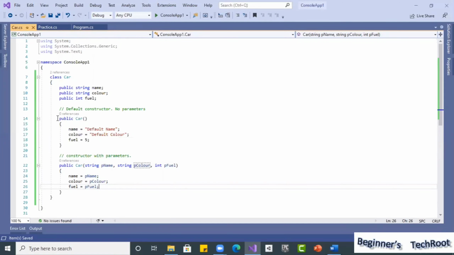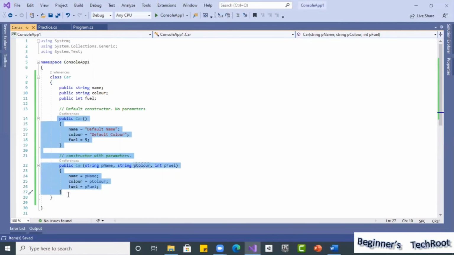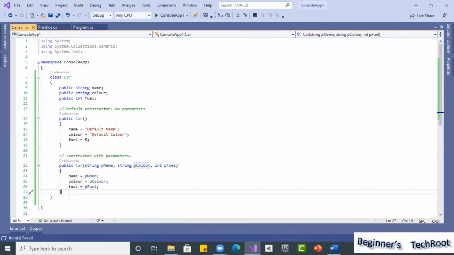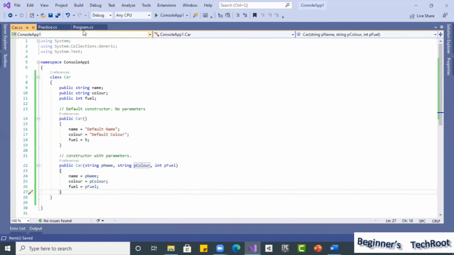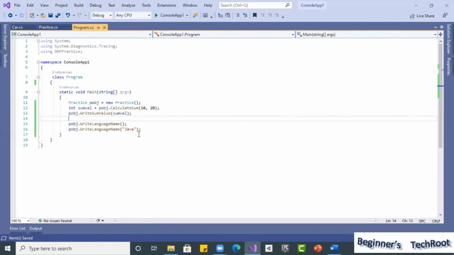Apart from constructors, we can have other methods and various class members, based on our requirement, which can get complex. For our understanding, I'm just using the constructor in this example.